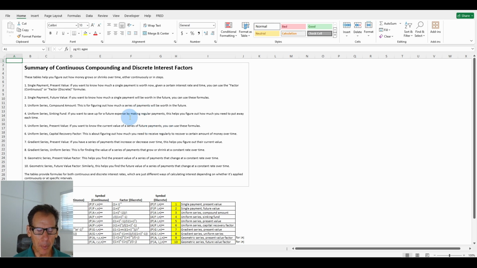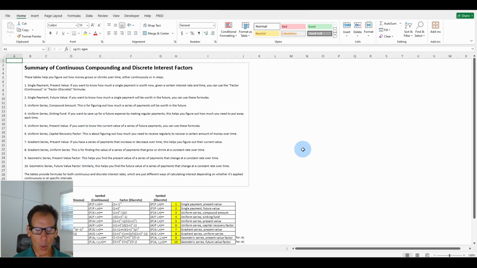This is going to be a brief introduction to the next 33 lessons within this course. Summary of continuous compounding and discrete interest factors. Hate to say this, but we're going to be delving heavily into math. A lot of formulas, so don't be intimidated. I'm going to walk you through it. It's old school and it's formula driven, but this is the foundation for